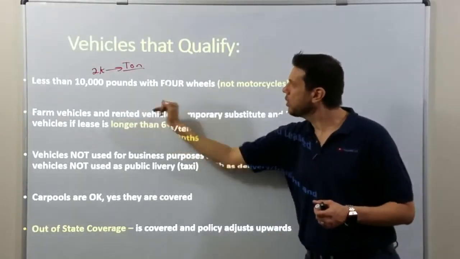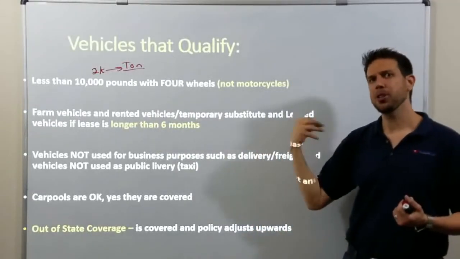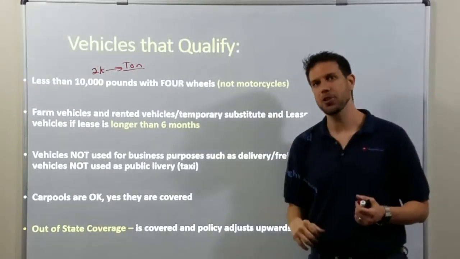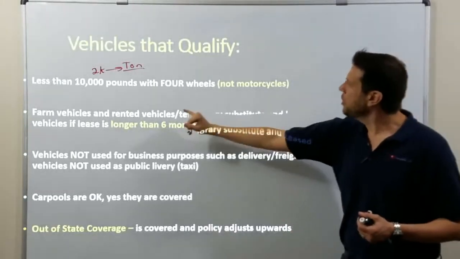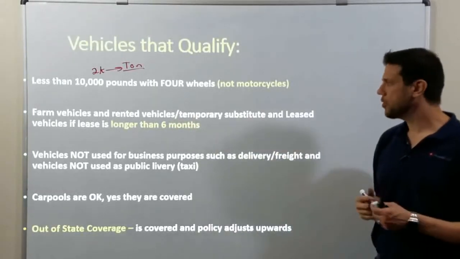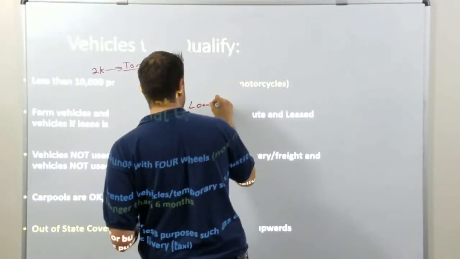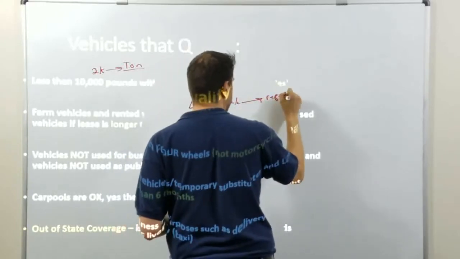If you ever rent a vehicle, like Budget or Enterprise Rent-A-Car, your auto insurance can work in most states. So usually you do not have to purchase their insurance if you have comp and collision on your policy. We also use temporary substitutes under auto insurance. A temporary substitute is a loaner vehicle while your vehicle is being repaired.